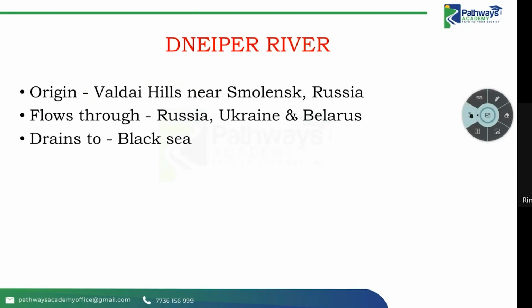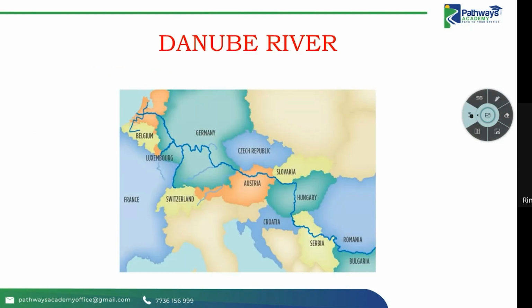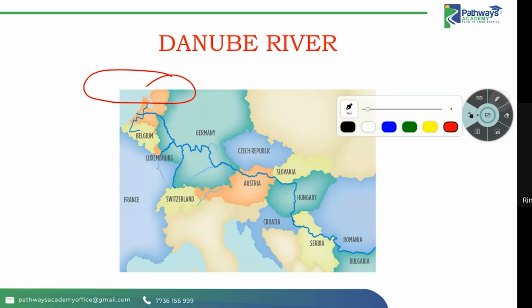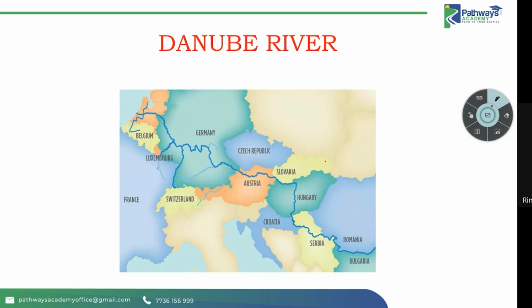Another most important river is the Danube River. The Danube is one of the largest rivers flowing through Europe. It is the second largest river flowing through Europe. The Danube River originates in Germany, formed by the confluence of two rivers, and it passes through Germany, Austria,